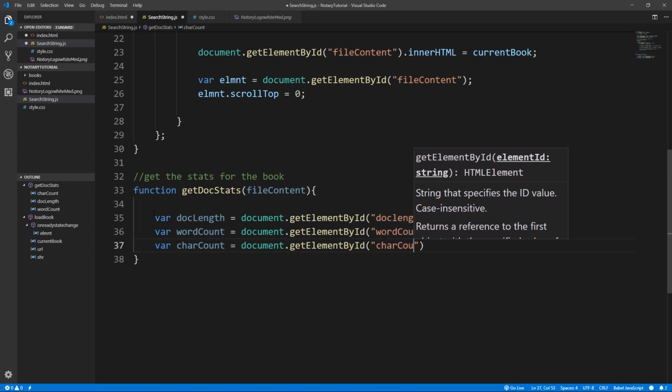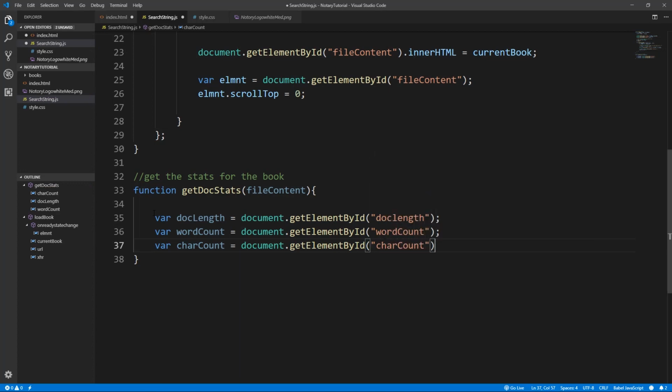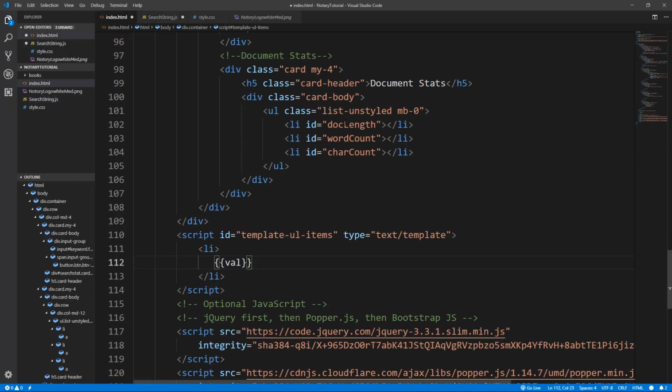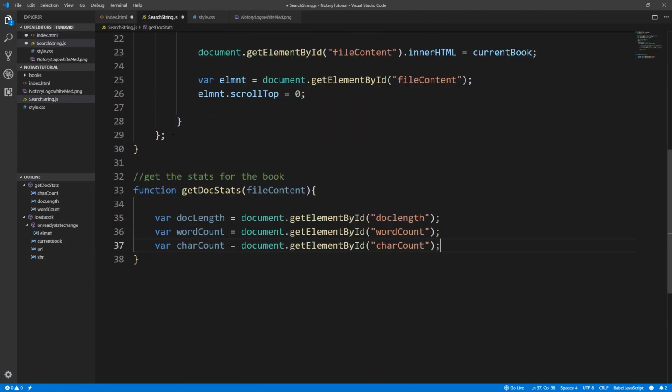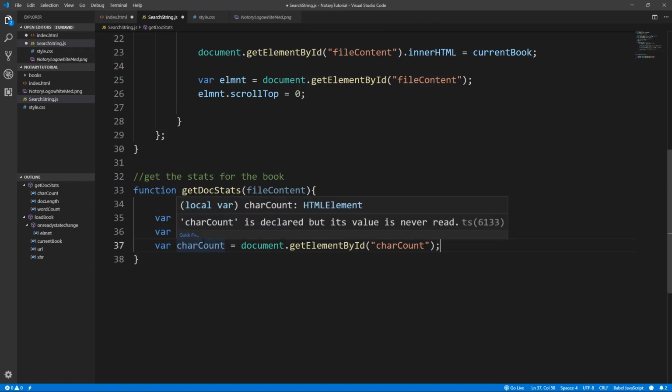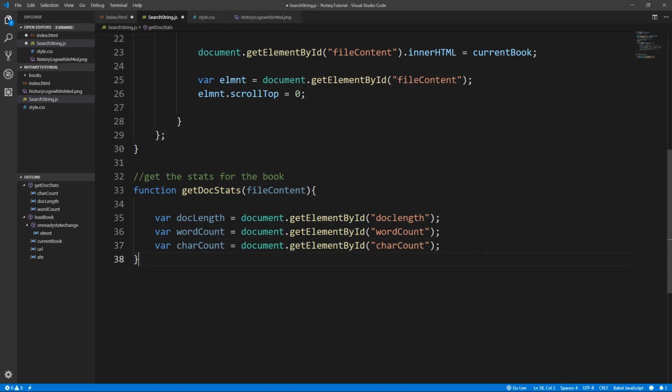And that's char count. Now if we go check our HTML here, we'll notice that I called it doc length, word count, and char count. So I got these three LIs, and I'm just going to put those counts in there. Okay. All right. So the next thing that we need to do is